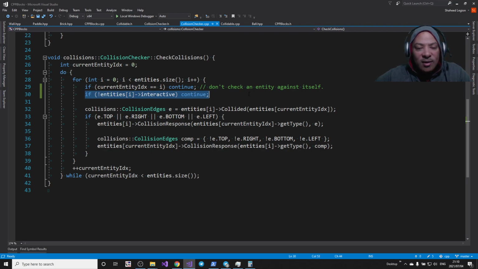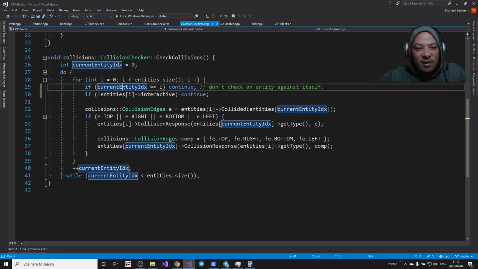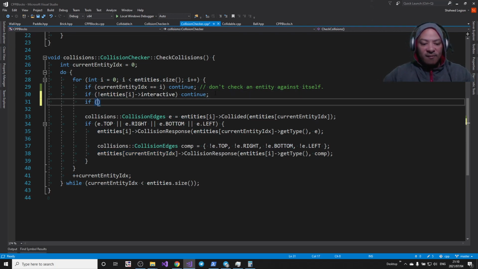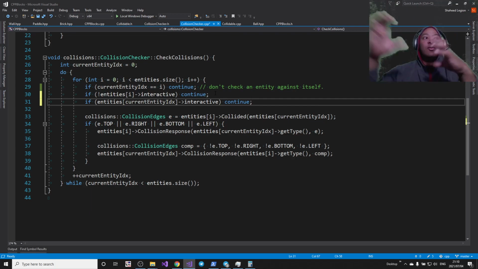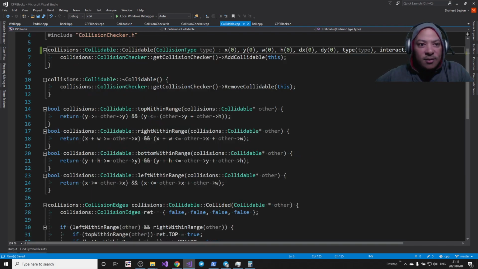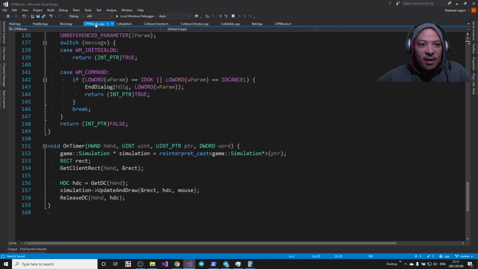I can see a subtle bug here, but if currently interactive, whatever. I'm not gonna fiddle too much with it, but I think that if this thing, right, if not that interactive, also continue. So if the one you're checking and the one you're checking against, either or, are not interactive, then just skip, right? I think that's what should happen. There we go. So that gives me a way to say in the simulation,